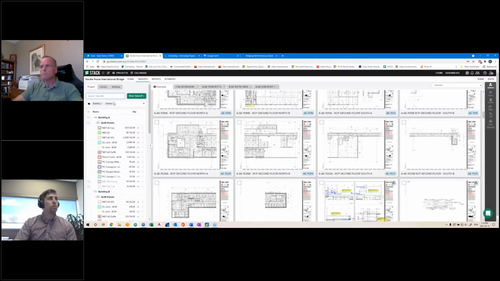So being able to group like this thing here, up here on the left-hand side, you can see we can group by division, by building. This was one of the features, I think it was rolled out a few months ago. Being able to see this kind of visibility,